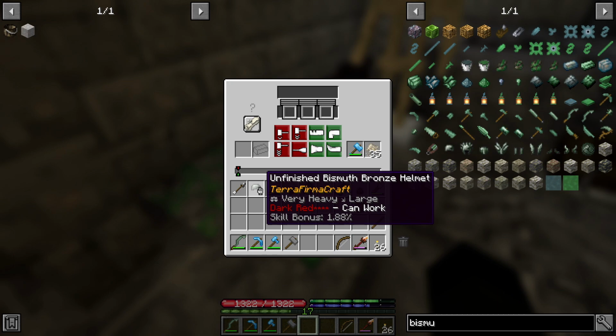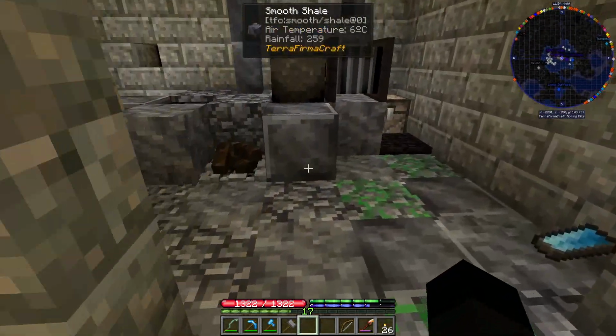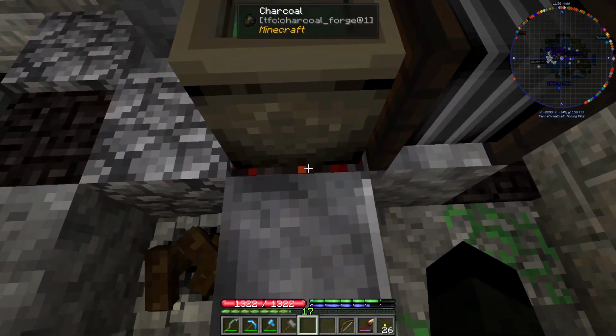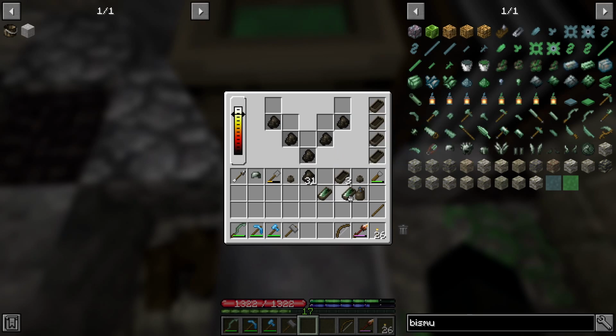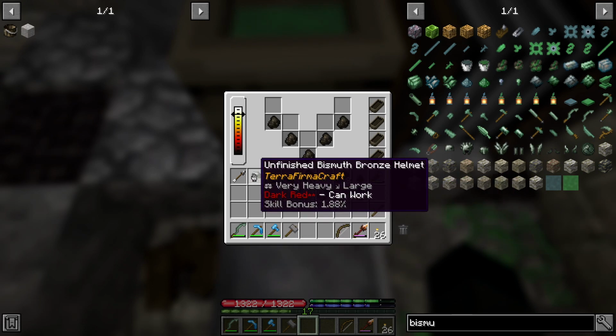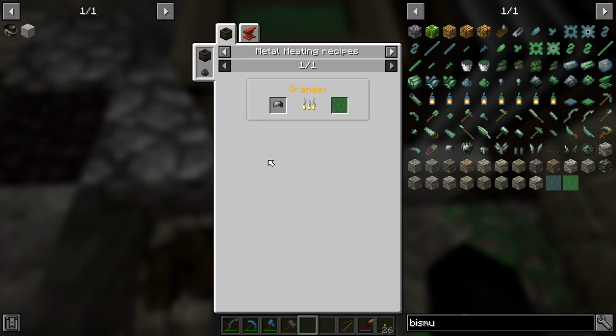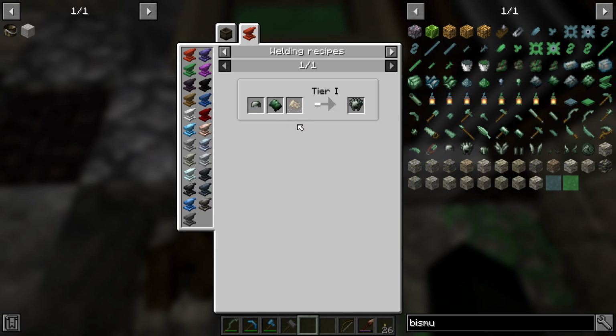Unfinished bronze helmet. We've got a bit of a skill, but wow, it's getting dark. We've got a skill bonus, but we've got these which we need to let cool down. I didn't want to go too fast with those because, well, if we muck that up, we're in trouble. Now this, we need to take, and we need to get that and that both to welding temperature and weld them. Well, we need to basically